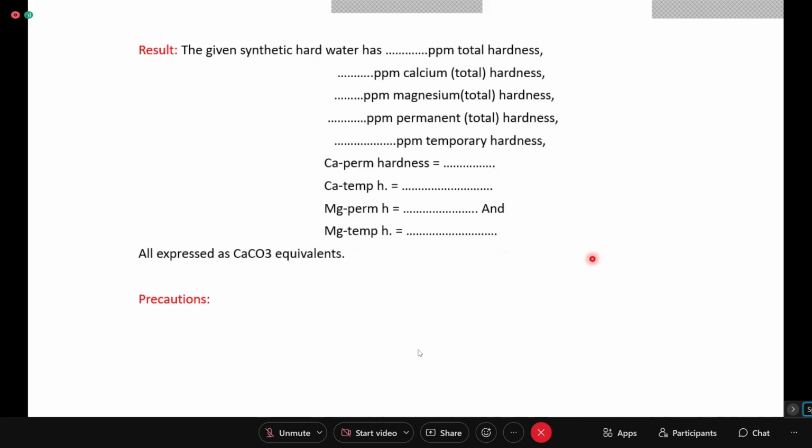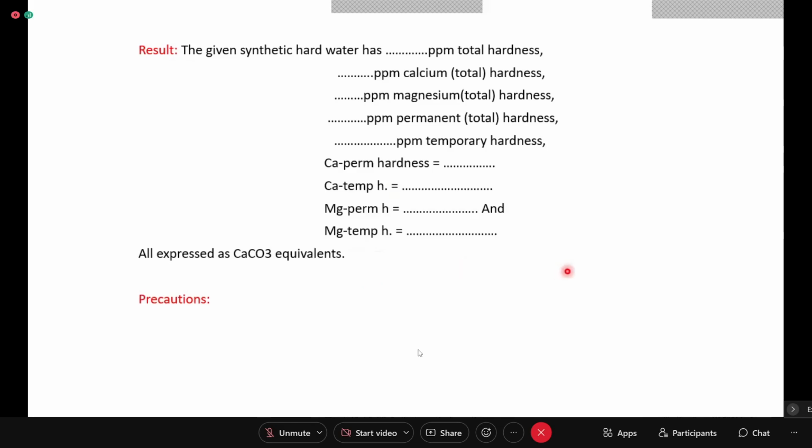Okay, madam. Is there any doubt in this part? Till here I had explained to you in the theory class. Now this part is where you are using a boiled water sample as permanent hard water sample, and this permanent hard water sample is where you are putting NaOH so that magnesium is removed and you determine calcium permanent. That's all.